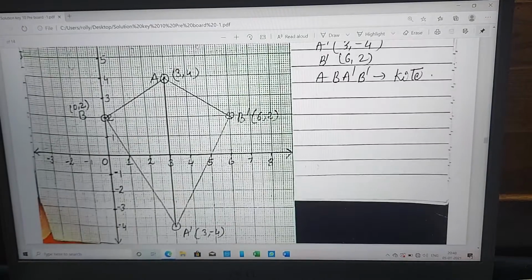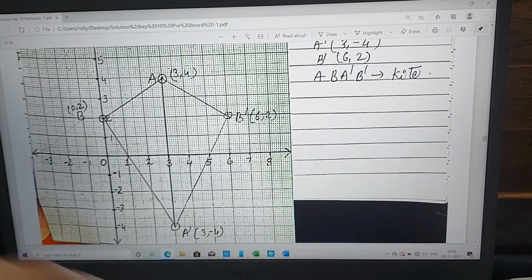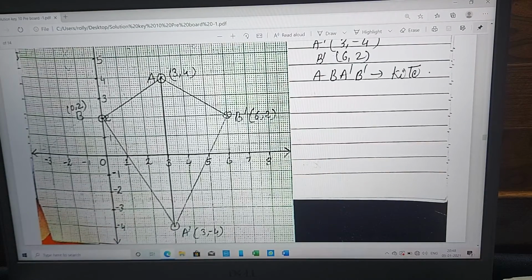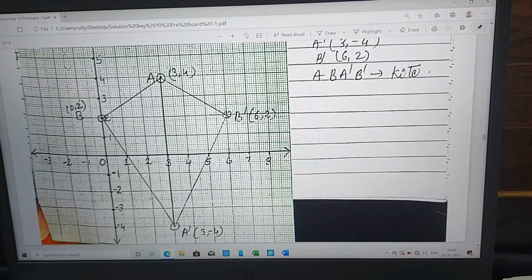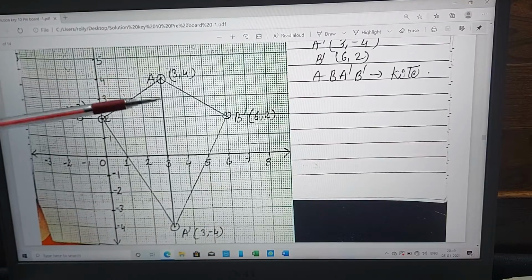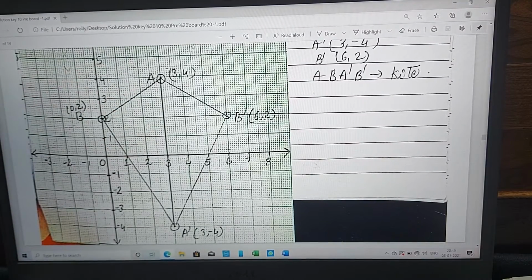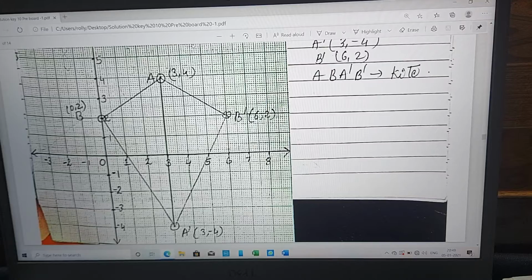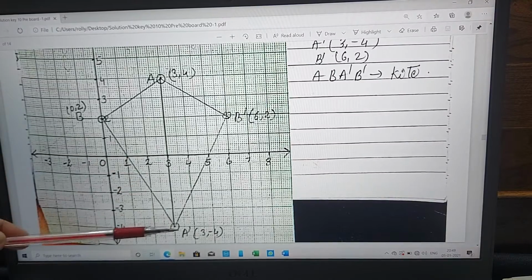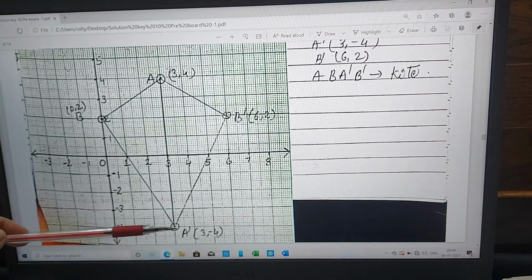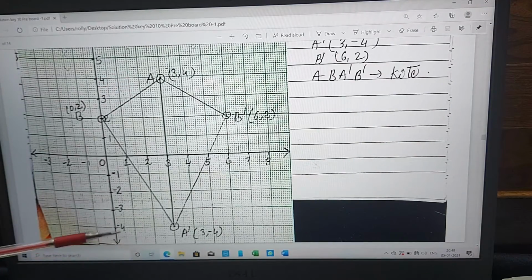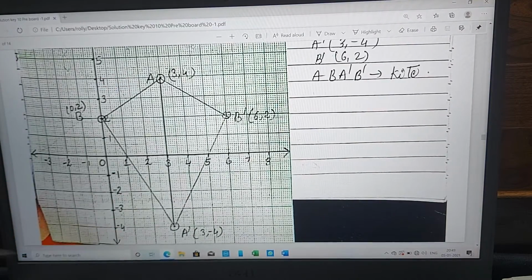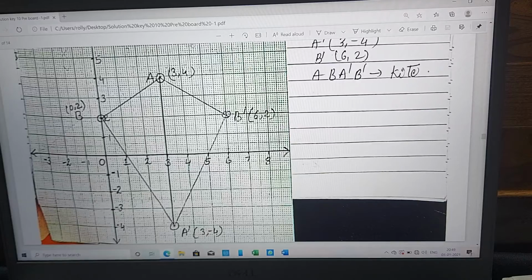In this question, it is a question of reflection. So reflection of point A in the x-axis: because it is 1, 2, 3, 4 centimeters above, it has to go 4 units below. So 1, 2, 3 and 4, so it is (3, 4), and if we read this point, it is (3, minus 4). But children have made a mistake over here.